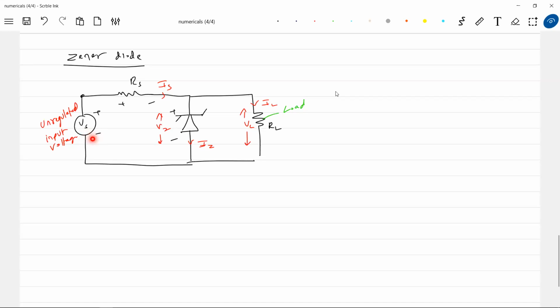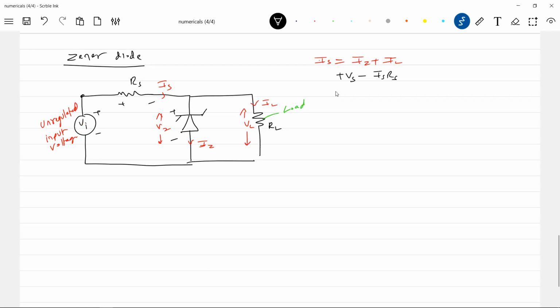Okay, how do we do this overall? It's about KCL and KVL, nothing big. So this will be Is, which is equal to Iz plus IL. Then what do we write? Writing KVL,